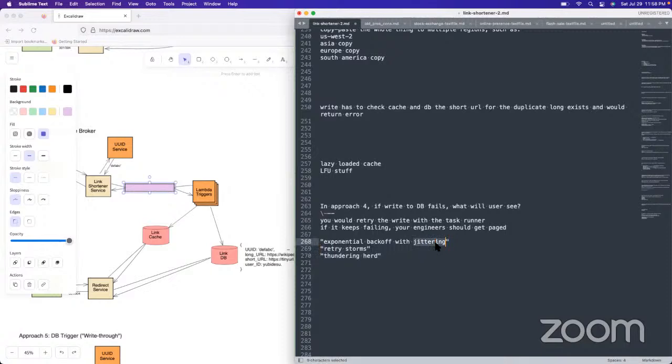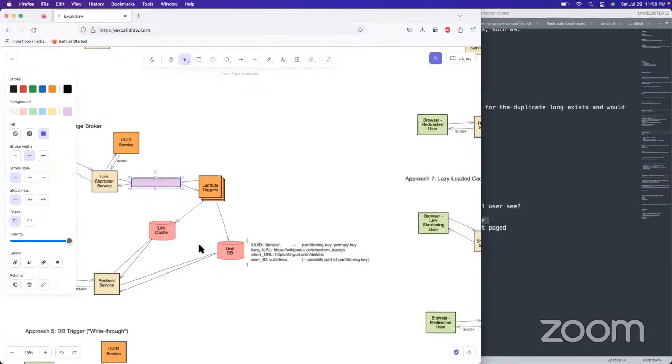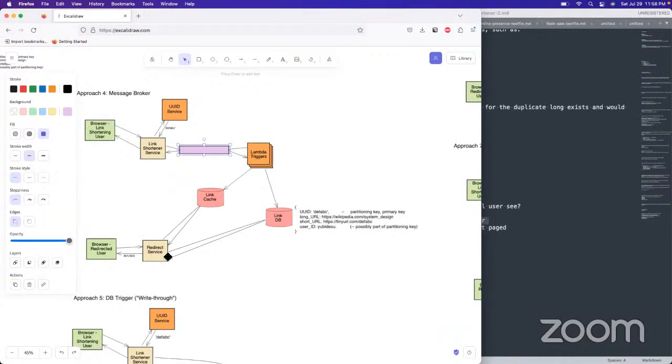Jittering is to avoid it being in this regular period in the exponential back off, but this is just a strategy for retries for really big outages. But it shouldn't be down so long that you actually lose the data. While it's down though, it's not going to be handling those redirects. Yeah, it would not be handling those redirects, which would probably be